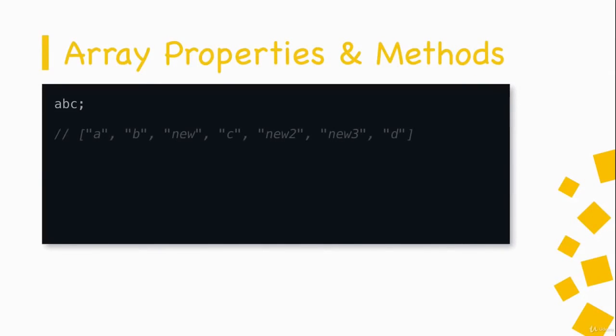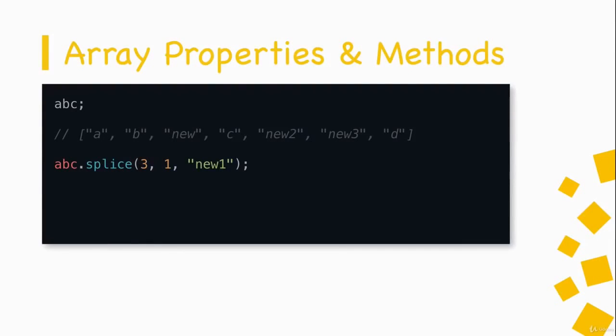So just for recap, this is what our ABC array looks like right now. We have A, B, new, C, new 2, new 3, and then D. Now you saw the splice method remove all or a specific number of elements from a specific index. You also saw how you can use the splice method to add new elements. Now the splice method, with some clever parameter settings, can also be used to add and remove elements simultaneously in one operation. For example, if we have abc.splice